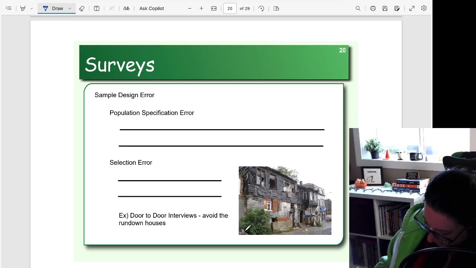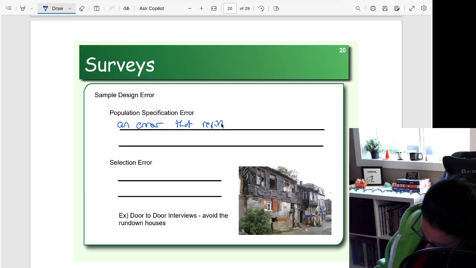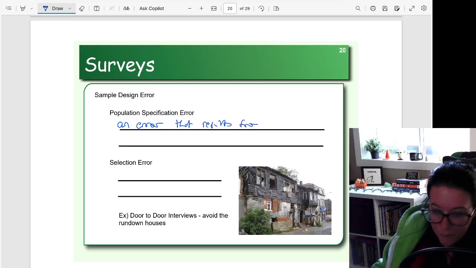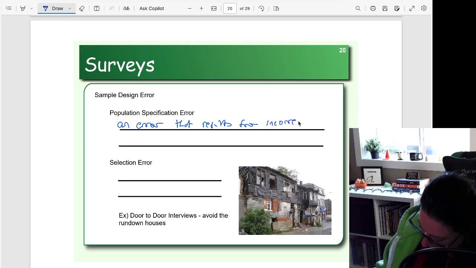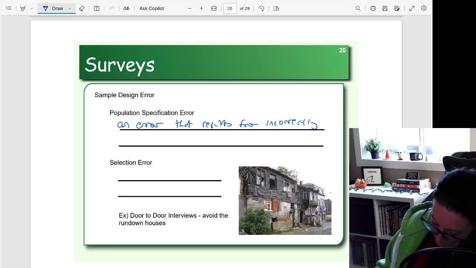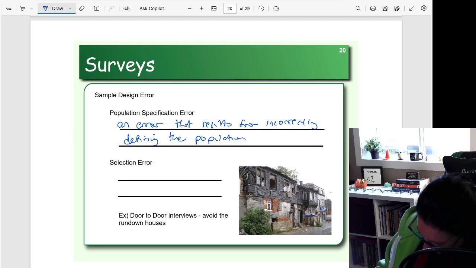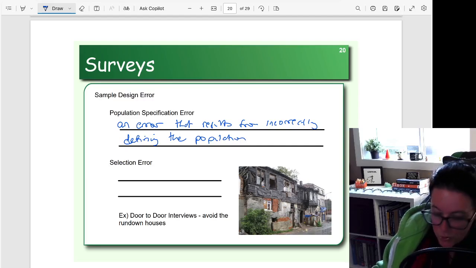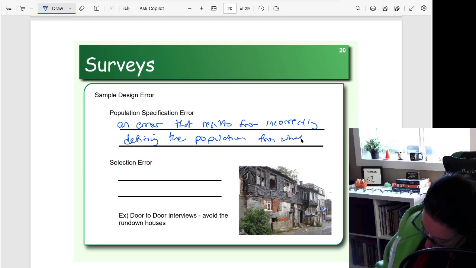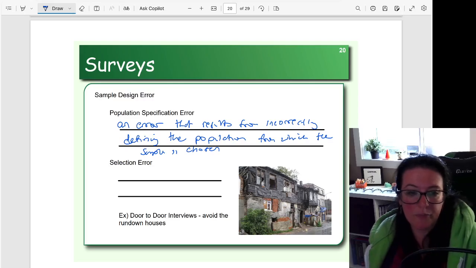Population specification error is an error that results from incorrectly defining the population from which the sample is chosen. Okay. So